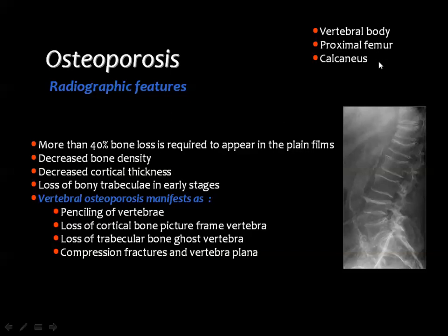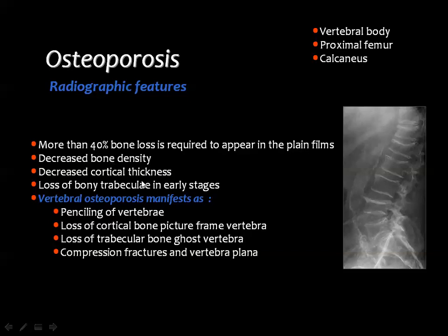Usually, the osteoporosis will appear in the vertebral bodies, in the proximal part of the femur, in the calcaneus, and in other areas like the proximal part of the humerus and in the pelvic bones. It is well known that more than 40% of bone loss is required in order to see osteoporosis in the plain films. And actually, it will be quite evident in the spine in particular, where you may appreciate the decreased bone